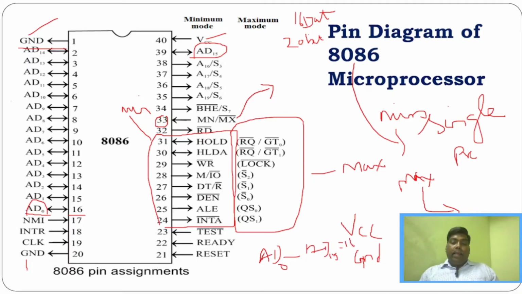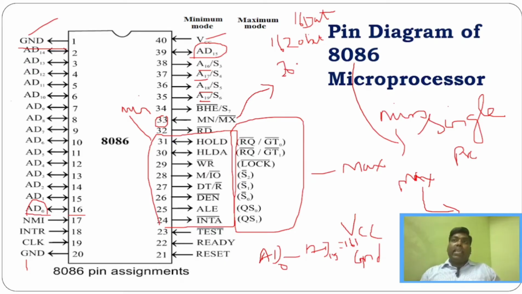So we'll have 16 address data lines. What are address data lines? As I said, you have 16 data lines, and in 8086 you have 20-bit address lines. You can see here this data line, AD0 to AD15, gives 16 lines, and for address lines you also have these 16. Then you can see here pin numbers 16, 17, 18, and 19, that is A16, A17, A18, and A19. With these four pins, a total of 20 address lines will be there. So 8086 supports 16 data lines and 20 address lines.